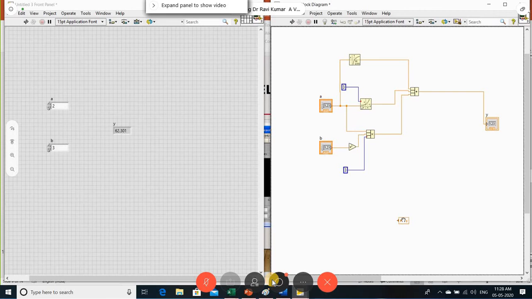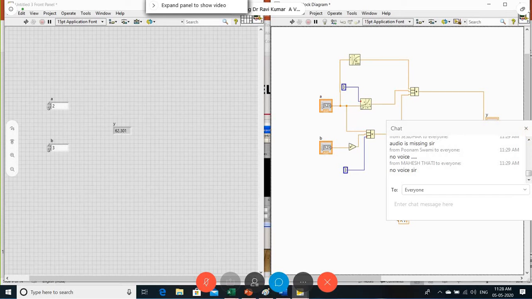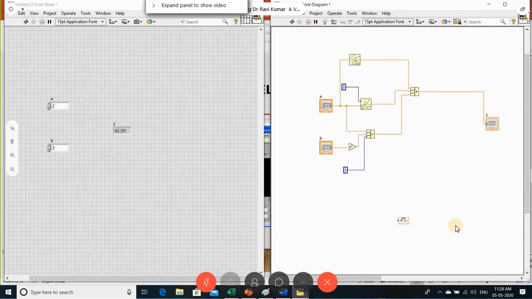Okay. I just connected this local variable to this. Later you can observe that just copy and paste. So the same local variable you connect to this. Now we can observe that you'll get the same result with this.